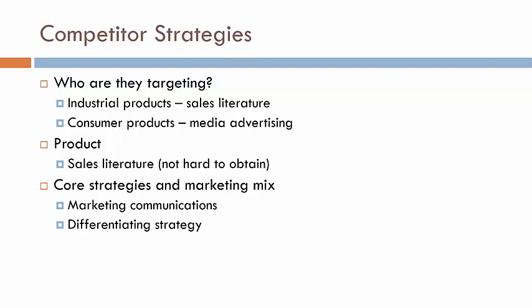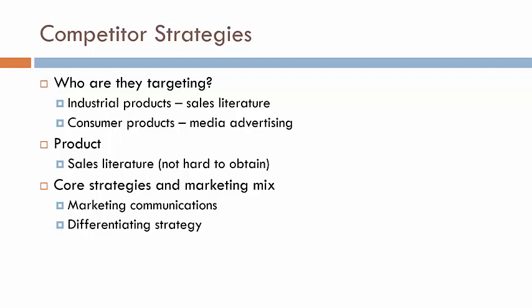Now, if that is not available with industrial products in a B2B setting, there is sales literature available where your competitors might state their objectives and also explicitly list who their main competitors are. So this can really form the basis of inferring their potential marketing mix actions. For example, if a business is considering purchasing a database server, Oracle might come in with their product literature and list other database servers like Microsoft's Access or some other vendors' products to tell the client that these are the vendors we are competing with.